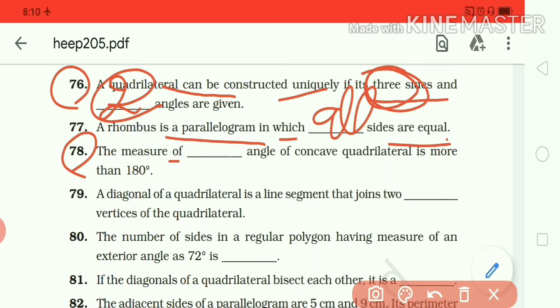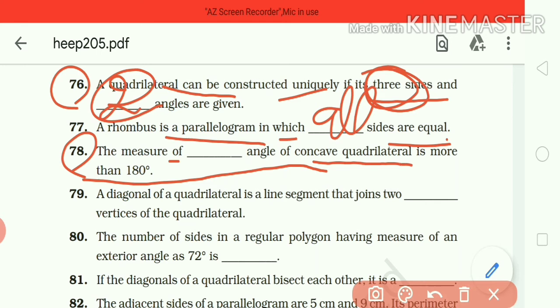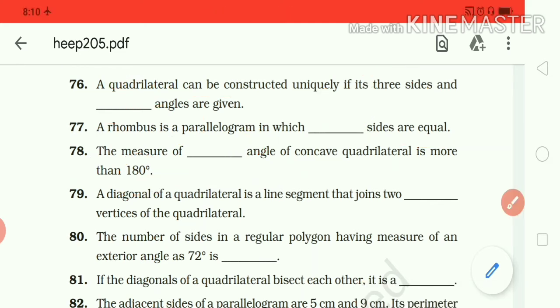The measure of dash angle of the concave quadrilateral is more than 360 degrees. This is something wrong. Sorry, 180 degrees. I'm sorry. So the measure of two angles of the concave quadrilateral is more than 180 degrees, because in the concave quadrilateral you know that the diagonal forms outside, so it can have two or three. You know that in a quadrilateral two or three, maximum three